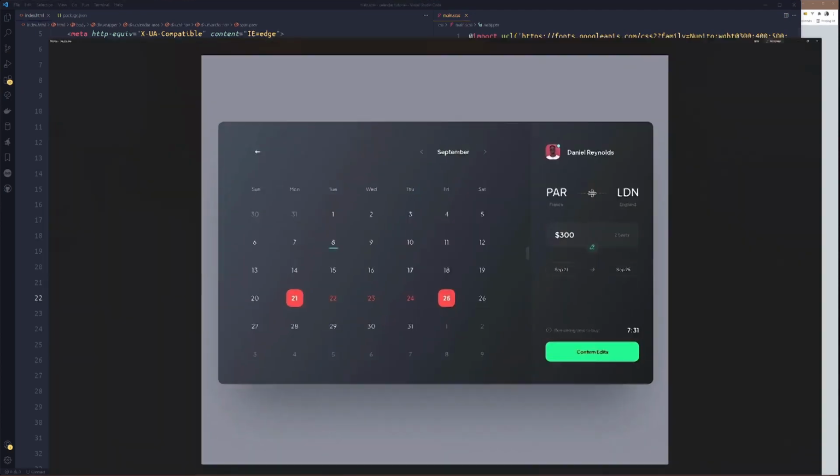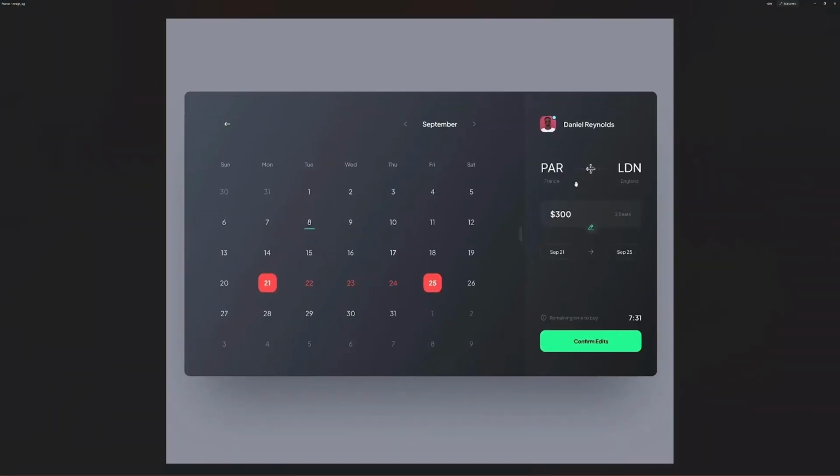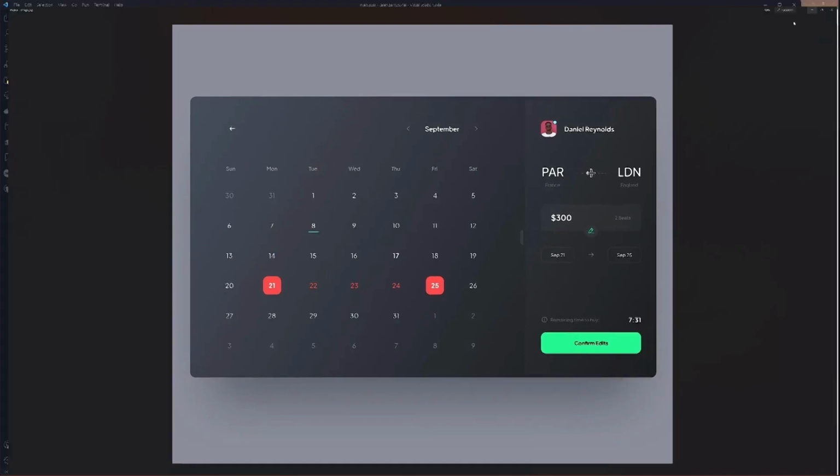Why? Because I want these two divs to be side by side. Then this other one, this ticket area now. When I set overflow hidden, it means I get to see the rounded border radius from the parent.